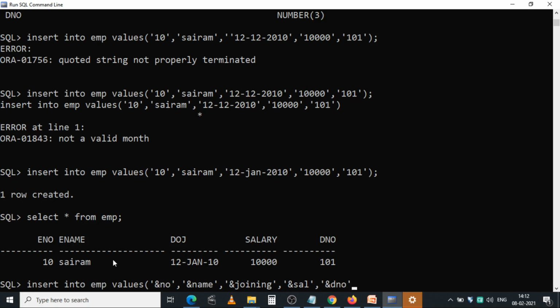Okay. Same syntax. Instead of values as in the single record insertion, you need to write the substitution variables in the multiple record insertion.